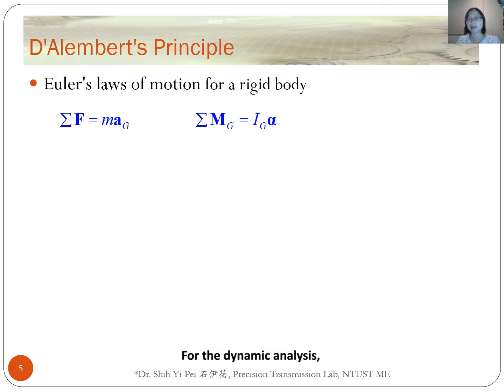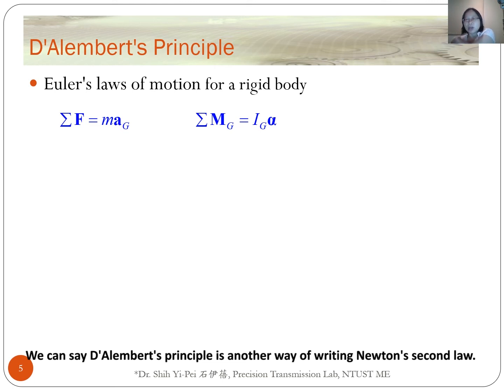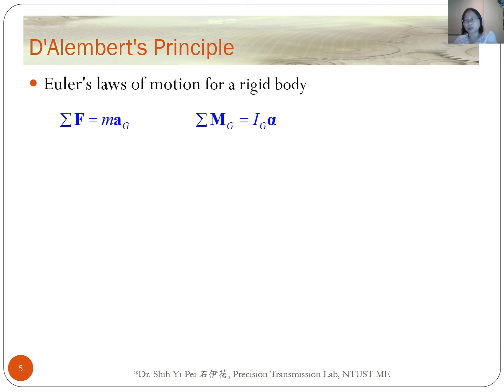For a dynamic analysis, we need to know the famous D'Alembert principle. D'Alembert principle is also known as the Lagrange-D'Alembert principle. It is a statement of the fundamental classical laws of motion. We can say D'Alembert principle is another way of writing Newton's second law. Let's see Euler's